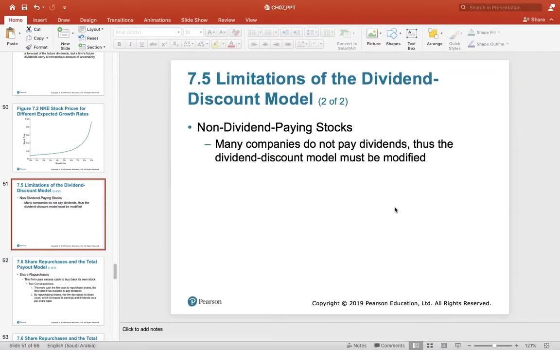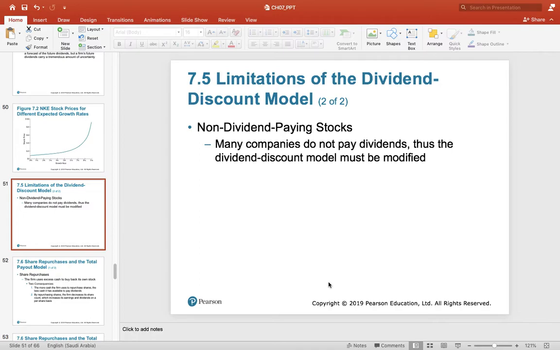Welcome students. We have seen in the previous discussion all the models regarding dividend discount model. One is the N period model, the second one is the normal growth model, and the third one is the supernormal growth model. And we have seen the limitations that if a company is not paying dividend, then we cannot use the dividend discount model. In fact, dividend discount model is the easiest model of all the free cash flow valuation